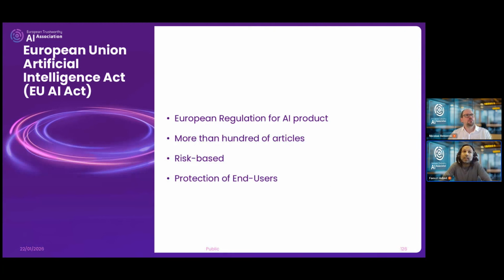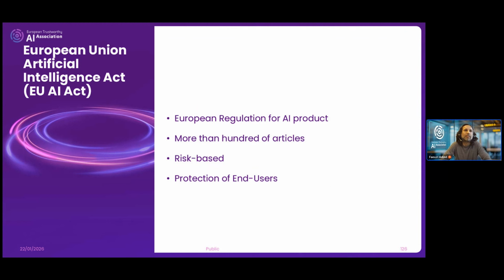The AI Act, called the EU AI Act, is a law, a regulation produced by the European Commission, and it's written by lawyers. It's a little bit difficult for technical people and experts to understand it, and I will explain later how we make the relationship between these two parts. It's risk-based, but the risk is not safety risk, so I will explain that later. And of course, it's focused on the protection of human rights and users.